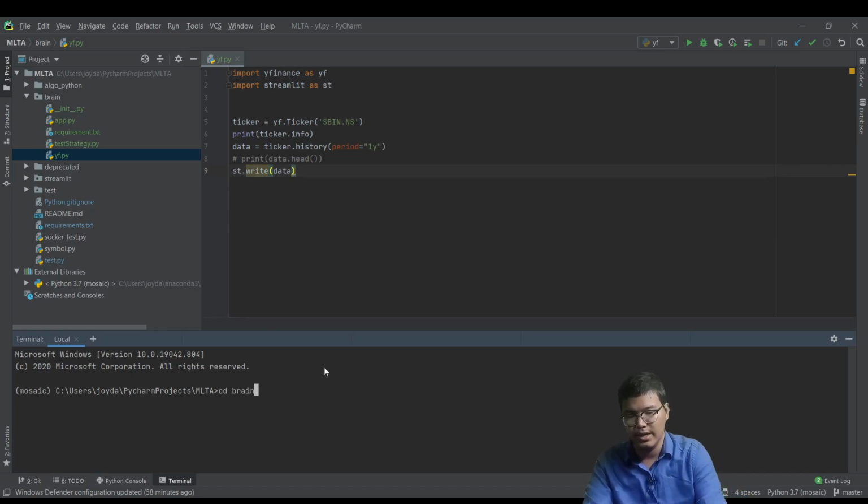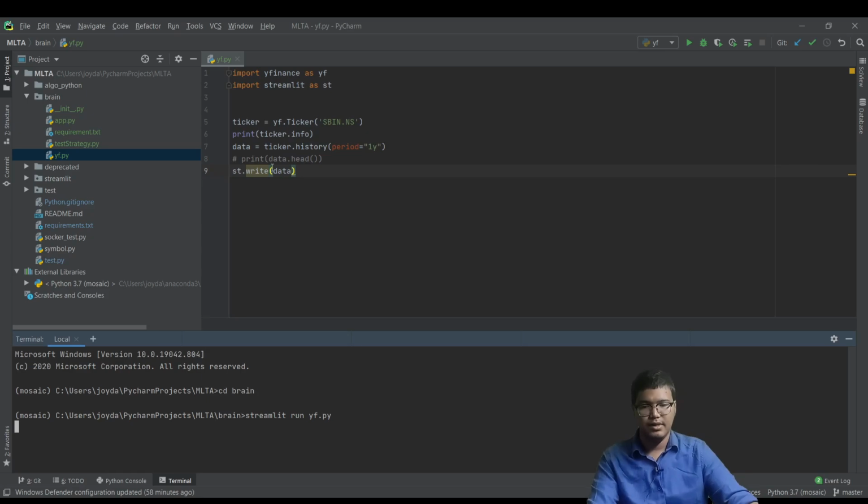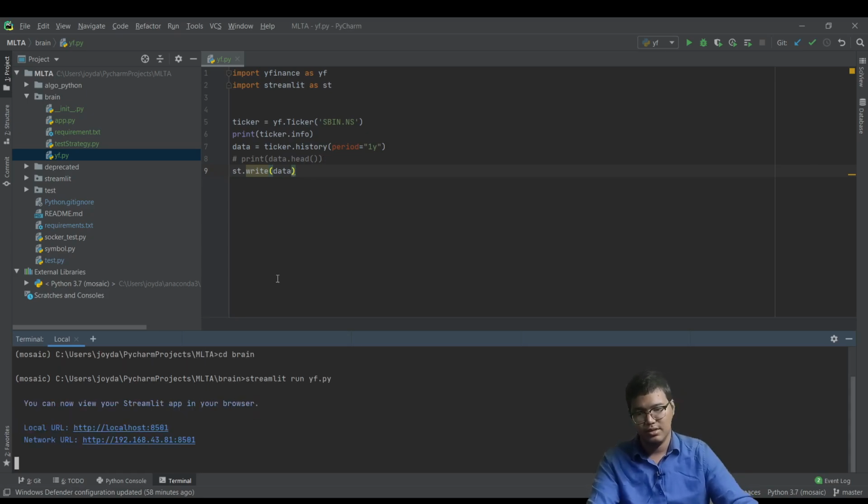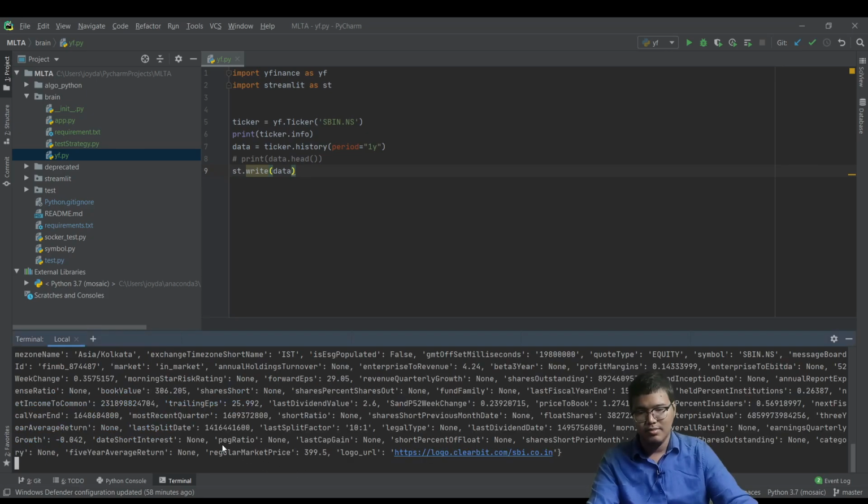we will go to brain, and we will type streamlit run yf.py. So what this will do, this will print this data in a browser. Okay, so it will open up this streamlit dashboard where the data will be printed. You can see here it's running because it is taking time to download the data. Okay, so here's the data, and here you can see February 26 the open price was 324, the high price